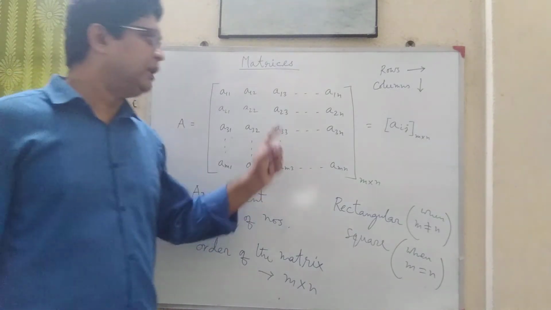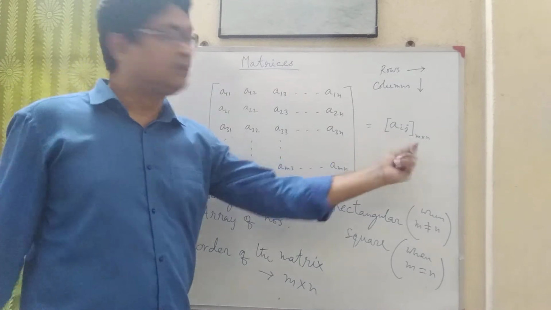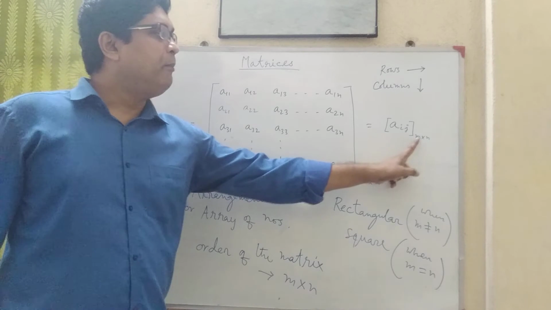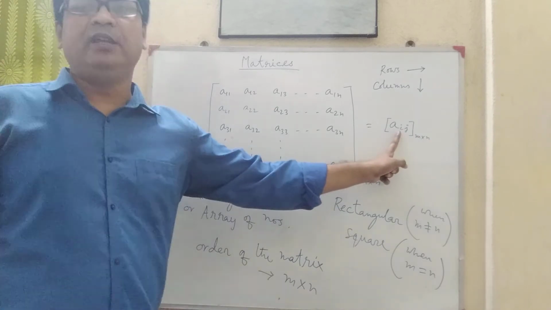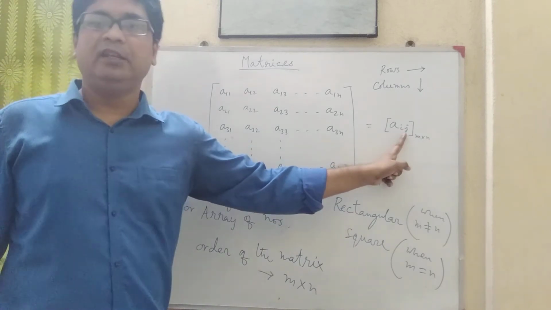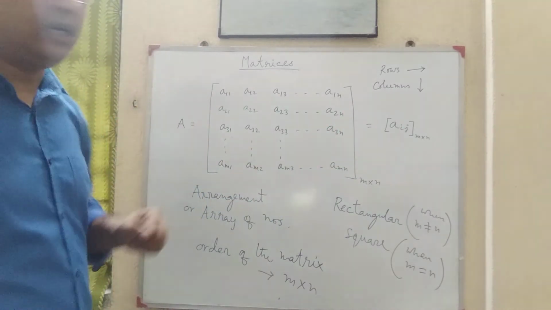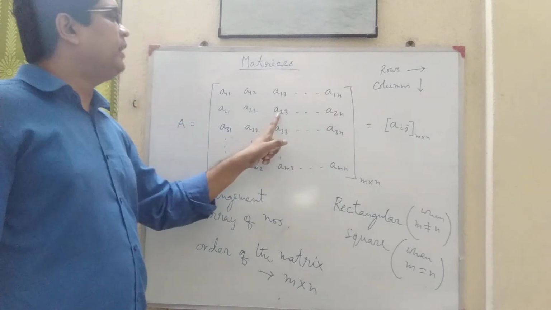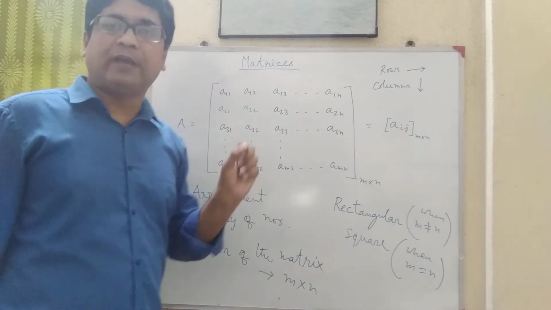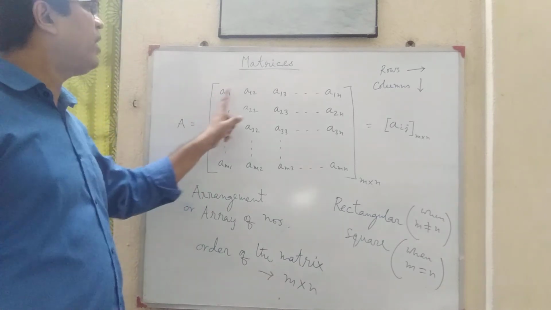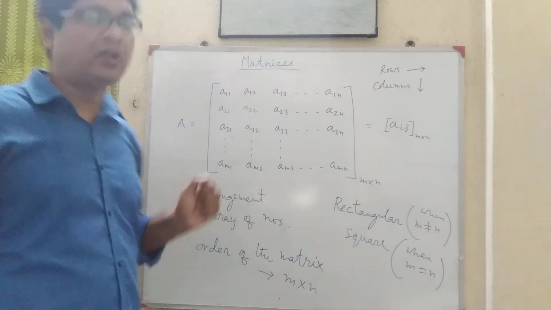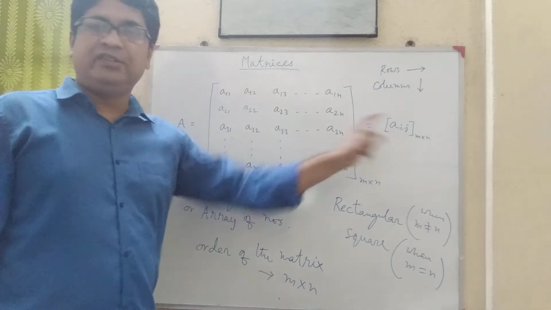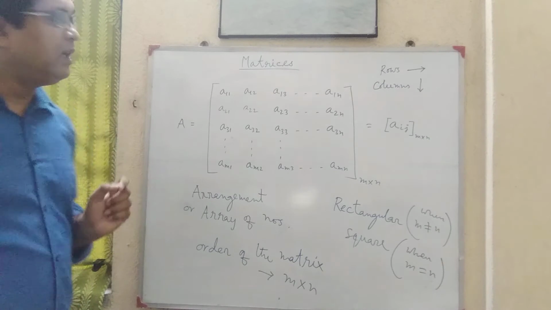Now, the matrix is sometimes expressed in short form like a_ij of order m by n. Here i may be any row, j may be any column. So, as I said in determinants, these i, j, that is 2 3, 3 3, are called subscripts of the element. These are a11, a12, a13, these are called elements or entries of the matrix, and this ij in general is called the subscript of the element.